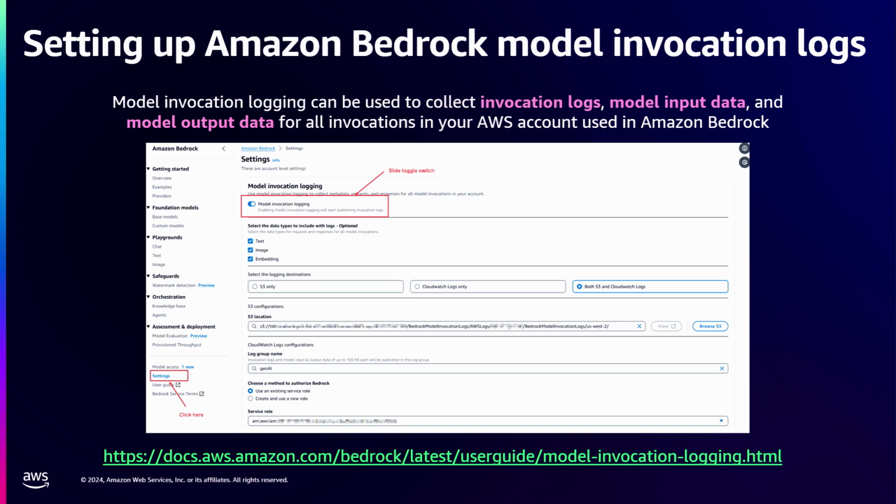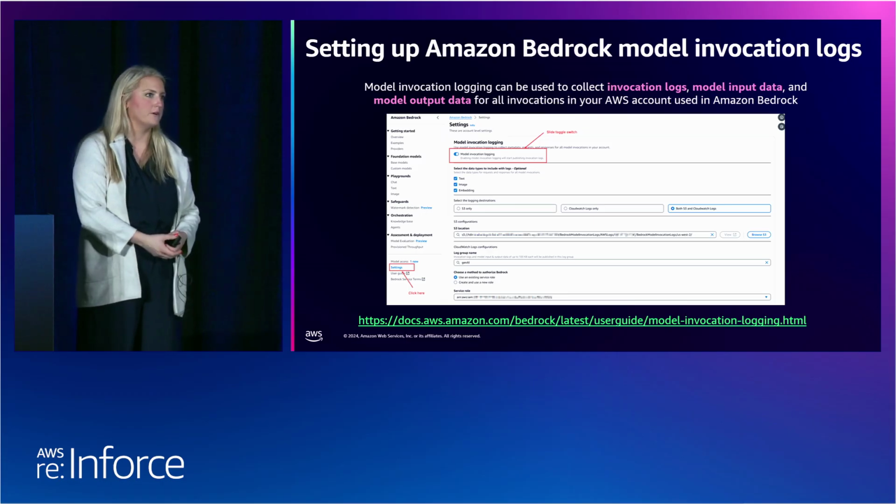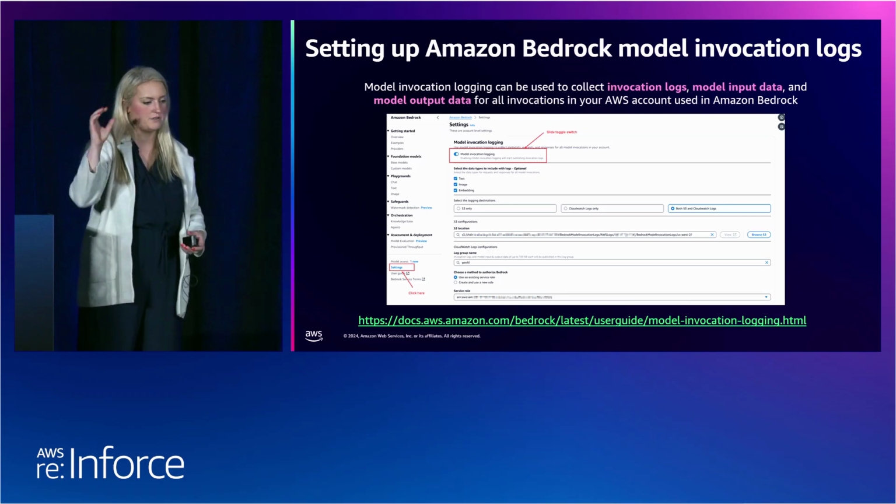But what about model invocation logging, which Steve had highlighted a few times, some scenarios of where you would use that: invocation logs, model input data. So if somebody types, how do I get Taylor Swift tickets? That would be in those logs. And then you would also receive the output as well within those logs.